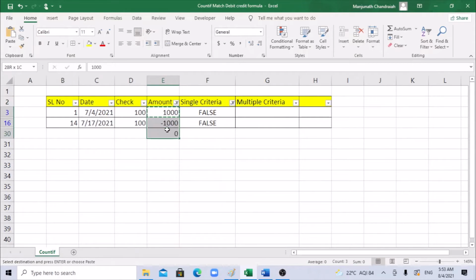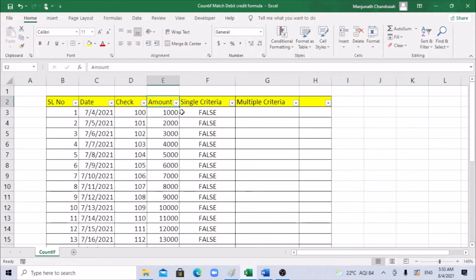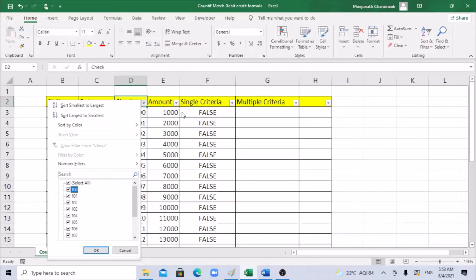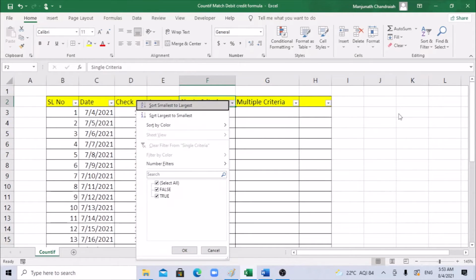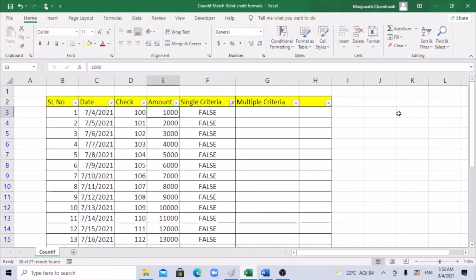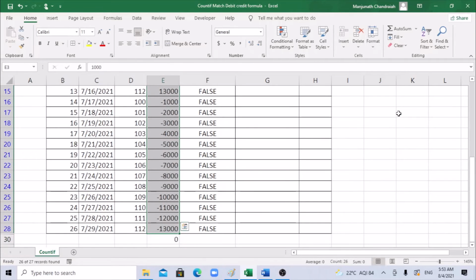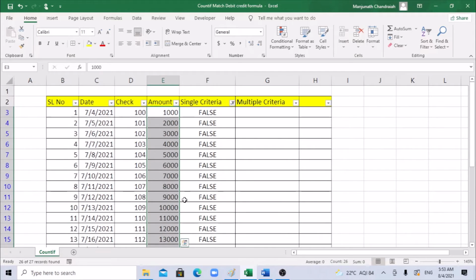it is getting knocked off. And let's say we go into check number 101. Now you can see check number 1 has multiple entries, but it is knocked off based on the amount. This 2 is getting knocked off, so it is false. So basically, if you select the false column with this formula, it will give you all the knocking off entries in one shot.